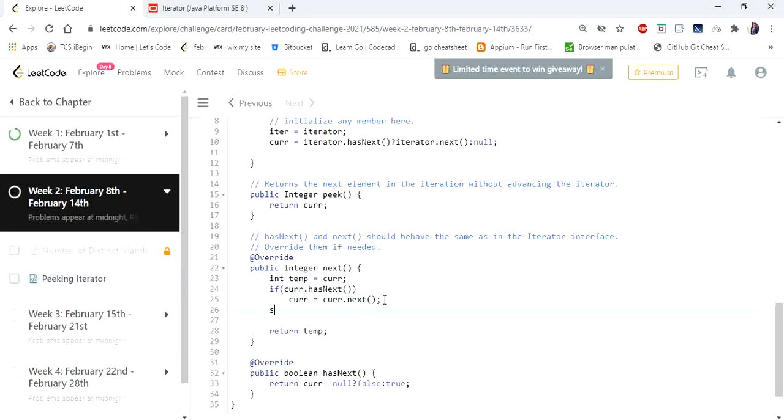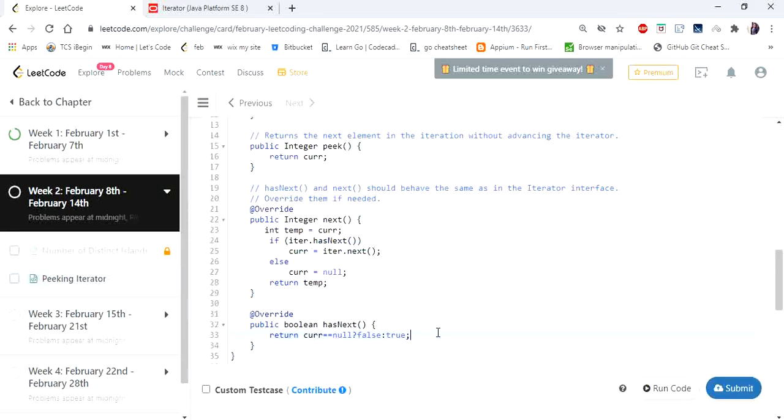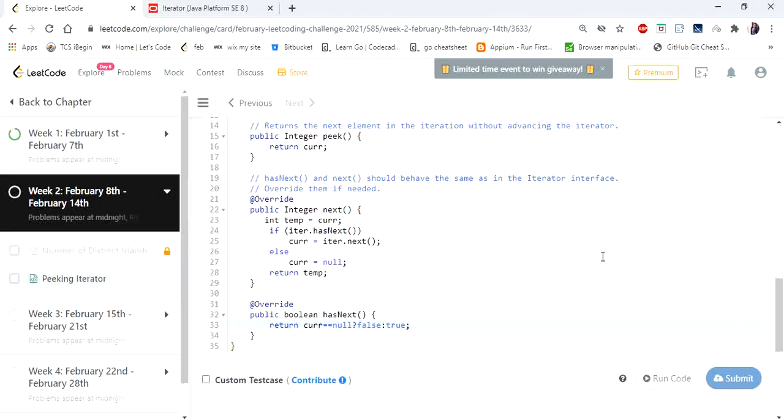If it doesn't have any value next, then we assign current equal to null. So now let's run.